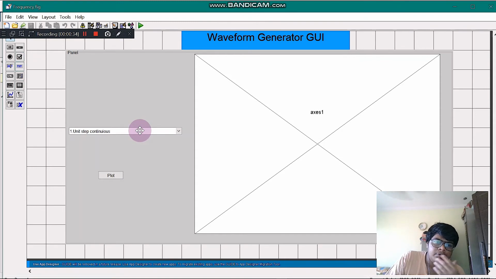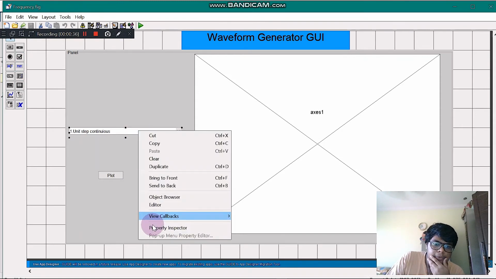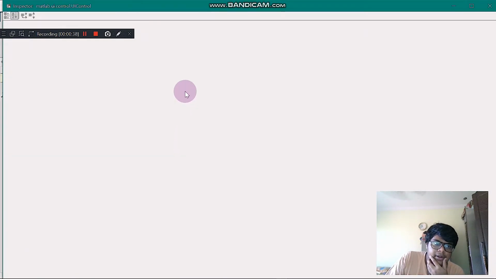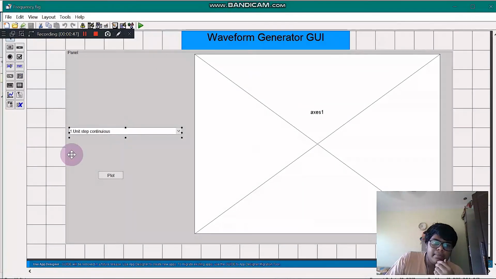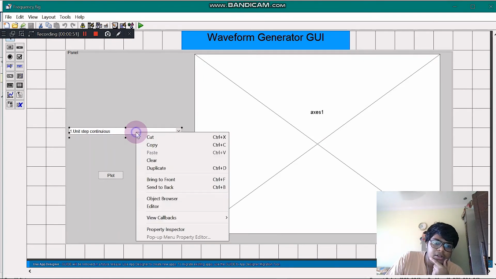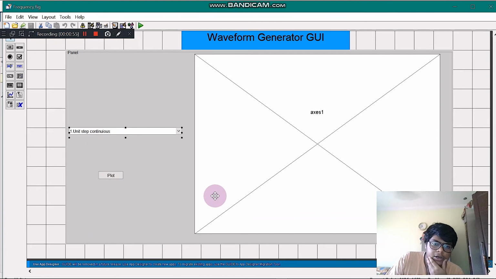To edit these things you can go to the property inspector, and you can edit that feature with these settings. We must build the background application, meaning what this will do in the background. To do that we go to View Callbacks and click on callbacks.